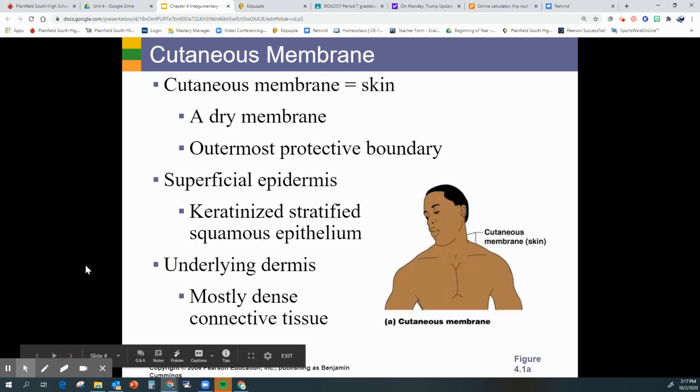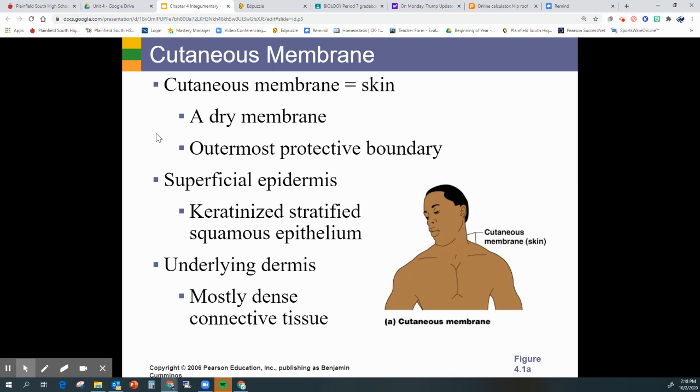We'll start here with the cutaneous membrane. So the cutaneous membrane, like I said a few minutes ago, is simply the skin. It's one of the only dry membranes that we have because the outer layer of that skin is dead tissue cells. Okay, its basic purpose is to provide a protective boundary, and as long as it's intact, it will do that for us. It's when we have little nicks, scrapes, cuts, anything, or puncture wounds that we leave ourselves